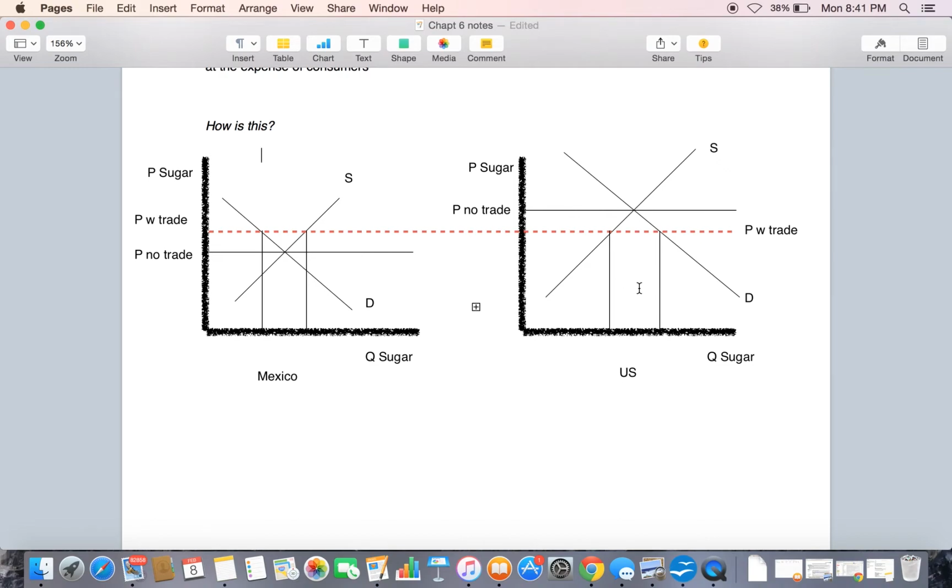And that deficit or shortage is going to be made up by imports coming from Mexico. So therefore, the United States can benefit and Mexico can benefit from selling sugar at a higher price to the United States, and the United States can benefit because now, instead of demanding and supplying only this amount,